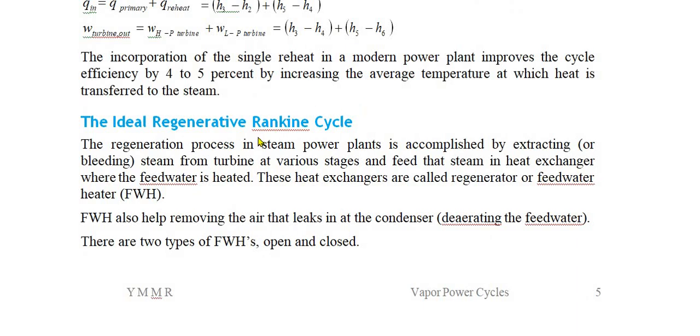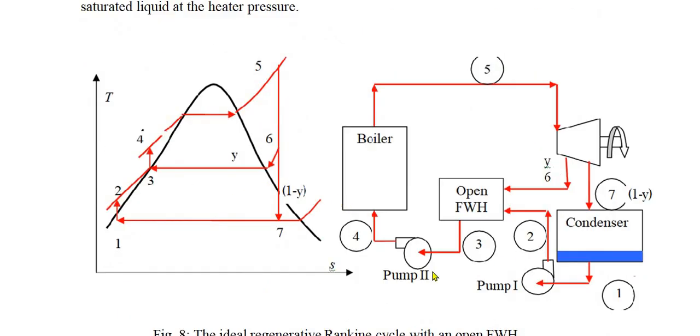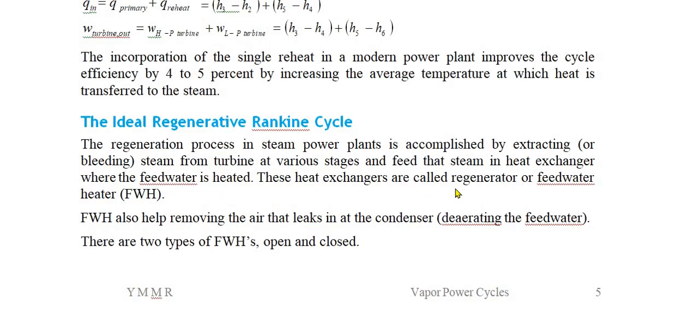Next important one is the regenerative Rankine cycle. This is also one of the efficient energy improving methods. In the case of regenerative, I'll just go through the diagram. There are again two types of regeneration. In the regeneration process, after the boiler, the steam is expanding in the turbine. Now we are trapping the steam from the turbine. We do not allow the steam to expand completely in the turbine. After expanding partially, some portion of the steam is trapped from the turbine, and that steam is used to heat the feed water. Got the point?